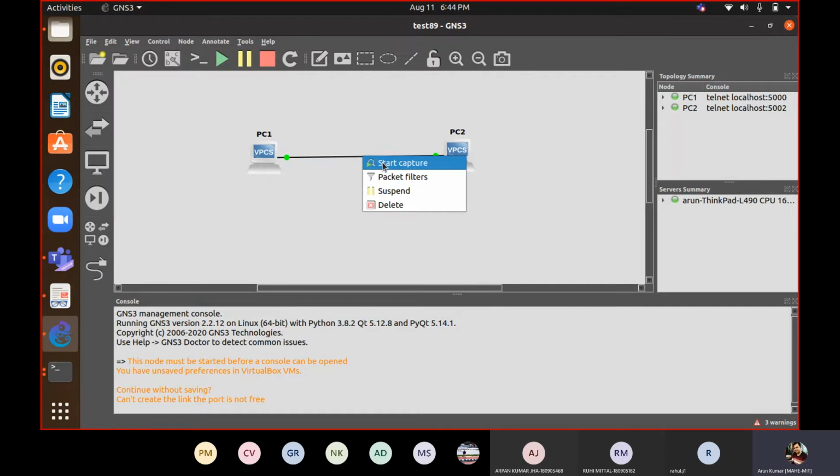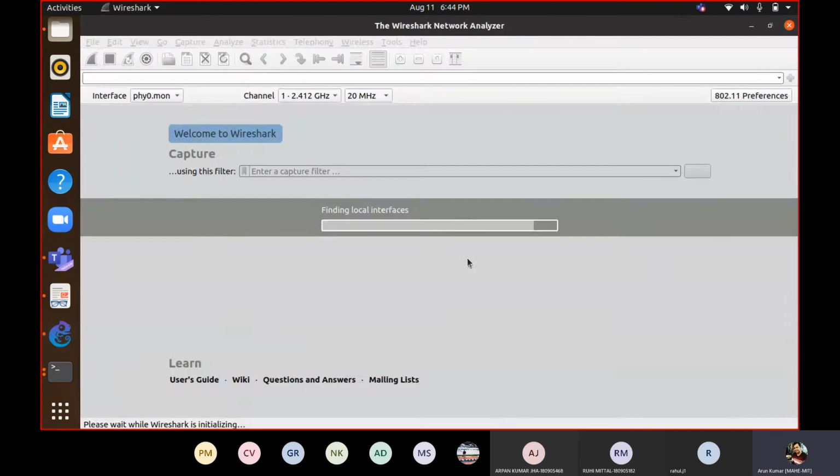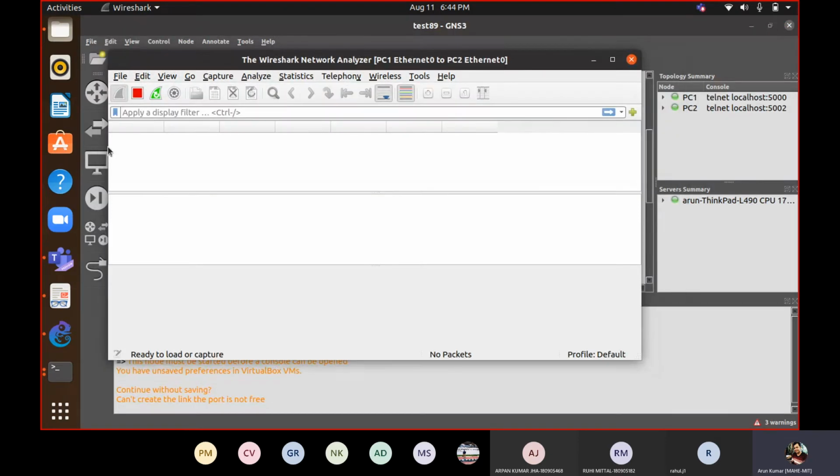Now we will start capturing packets using Wireshark. Okay, so there is no traffic going on between these two devices. Let's see what will happen.